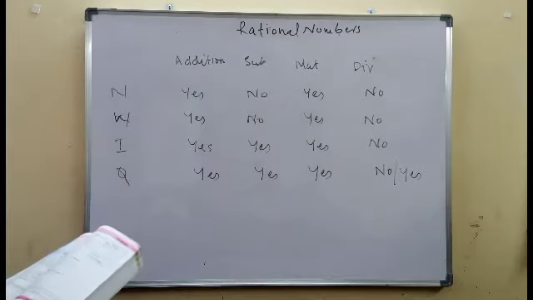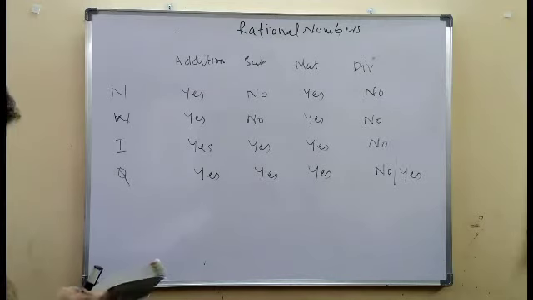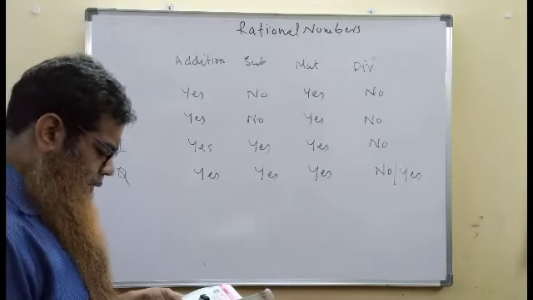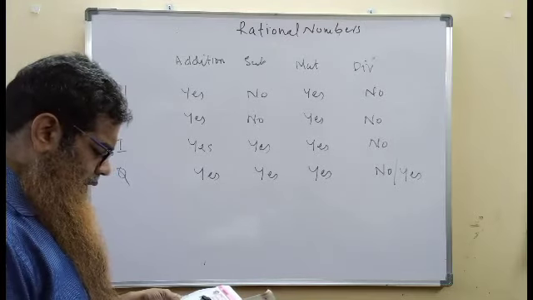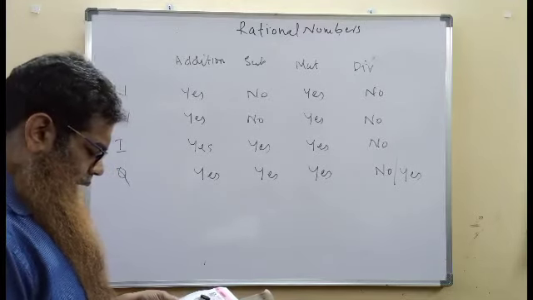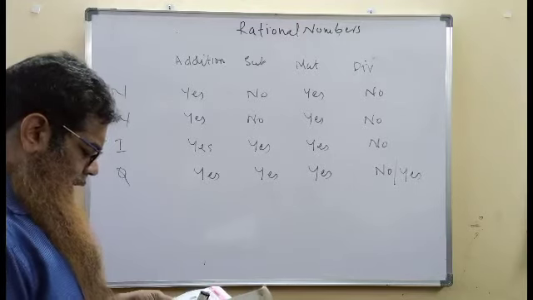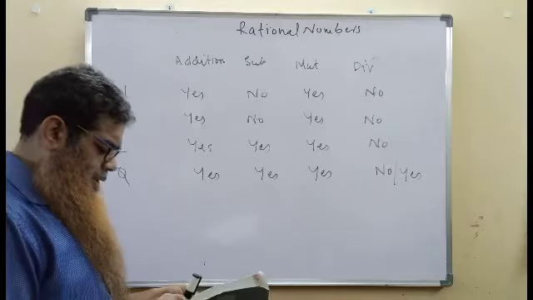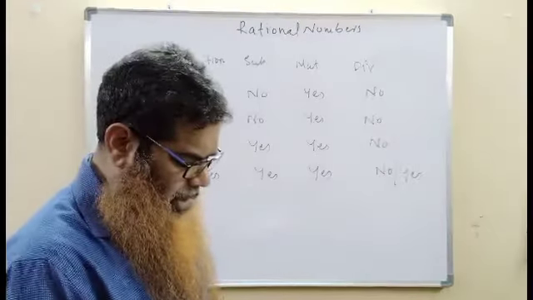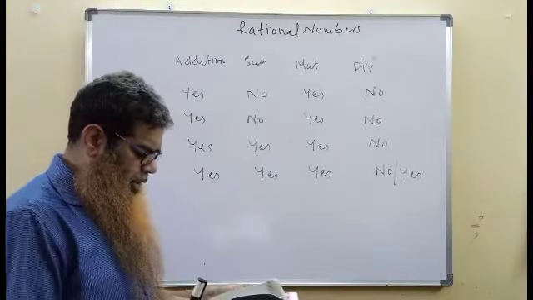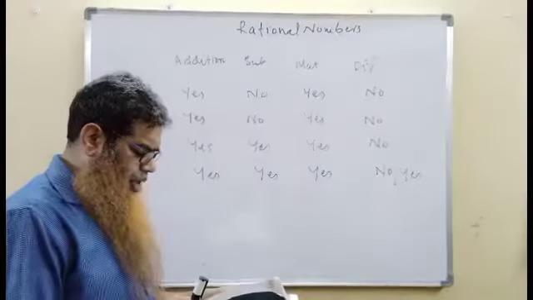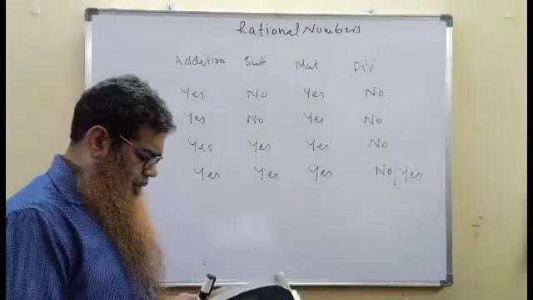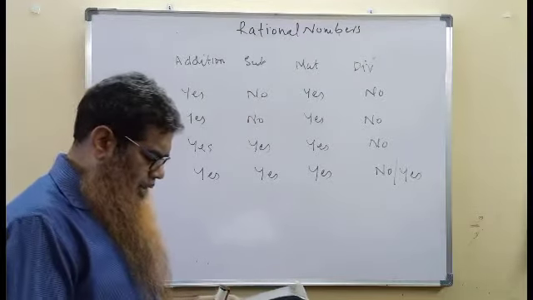Now coming to the commutative property. The commutative property states that the change in the order of two numbers in a binary operation does not change the result. A plus b is equal to b plus a, a into b is equal to b into a. Here the binary operation could be any one of the four fundamental operations, that is plus, minus, multiplication or division. Let us recall the commutative property with different operations for both whole numbers and integers. Complete the following table. For whole numbers, let's check.